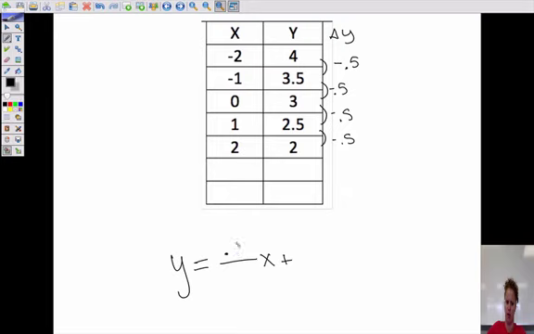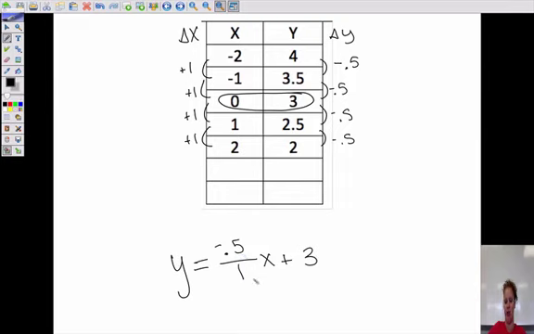So it looks like my rise is 0.5 and it's a negative. My run, my change in x, is going up 1, up 1, up 1, up 1. So negative 0.5 over 1. And my y-intercept is 3. Now, 0.5 over 1, we don't really use decimals in a fraction. So -0.5 over 1 would just be -0.5. So let's think about what 0.5 is as a fraction. Well, that would just be -1/2